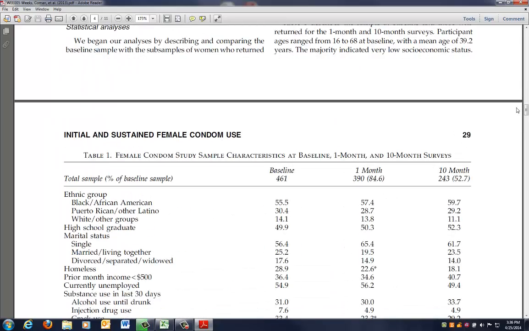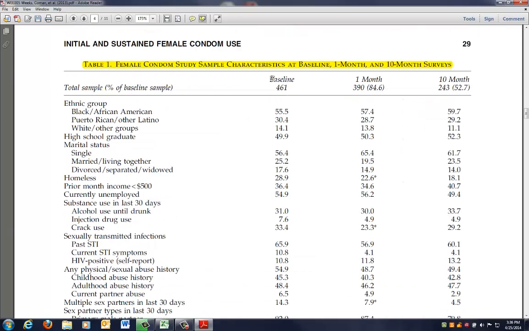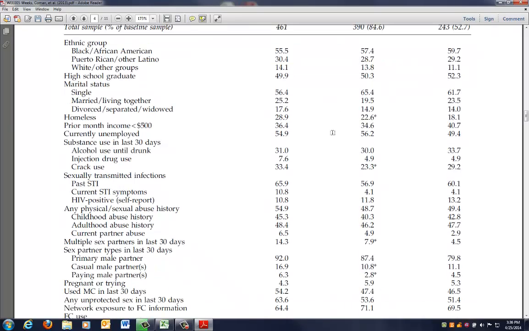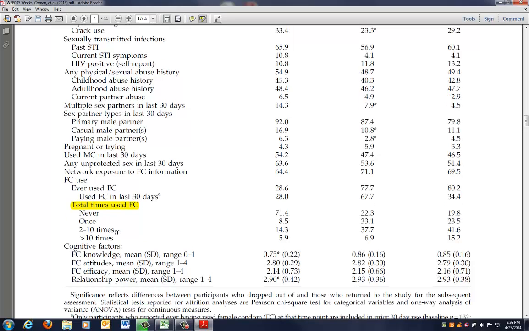So you can see, looking here, baseline, 1 month and 10 month surveys are being used in each category. Time point is right here: baseline, 1 month and 10 month. The ordinal variable we're going to be looking at is total times used for the female condom. This number is not given to us as a percentage or a continuous variable such as a mean and standard deviation. Instead, they're using an ordinal categorization